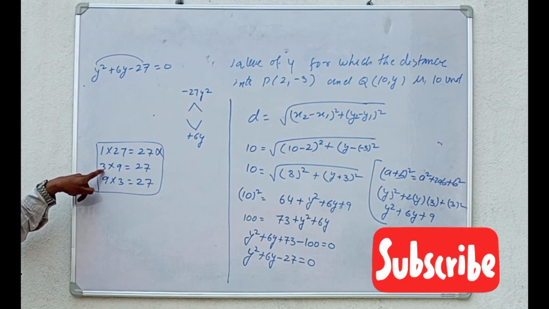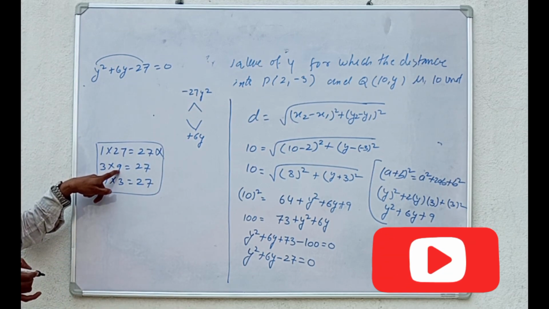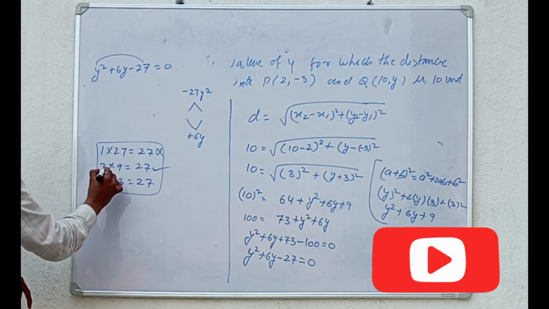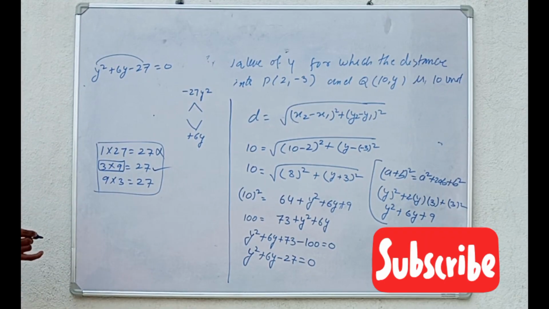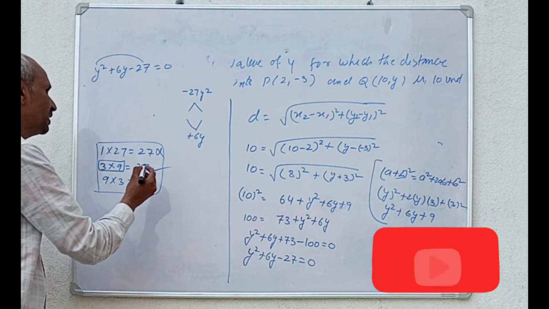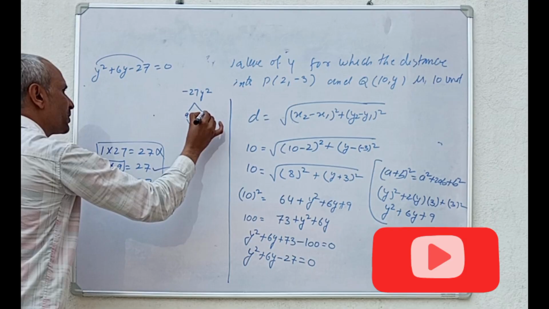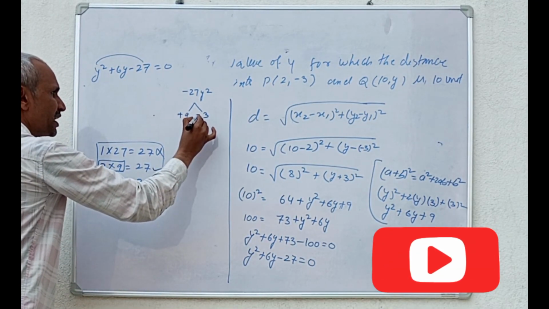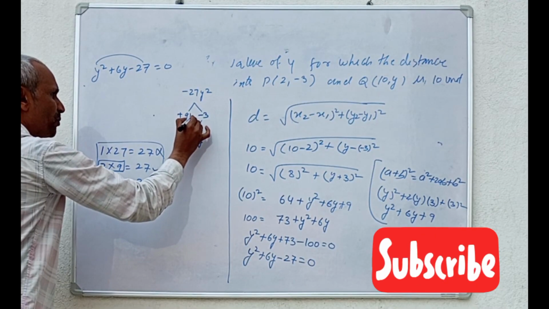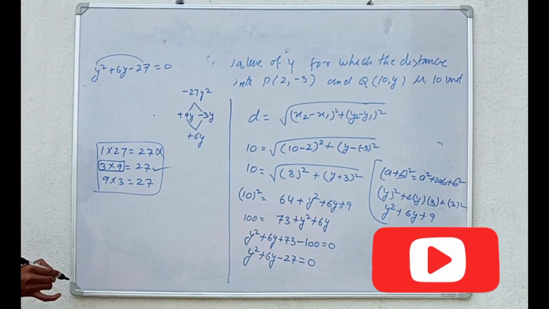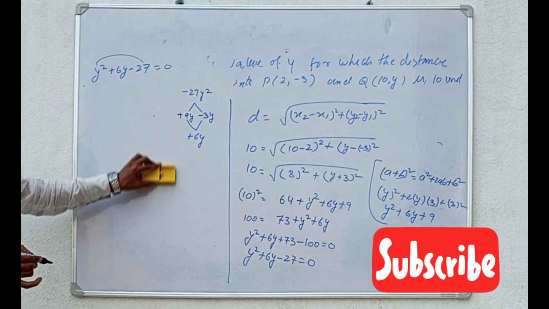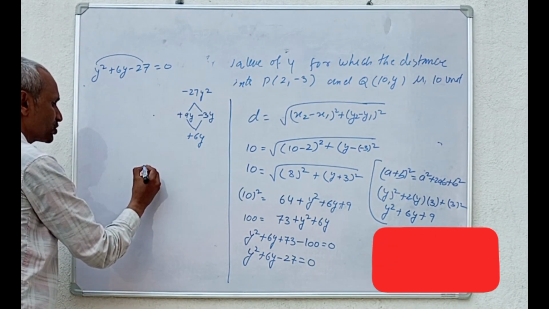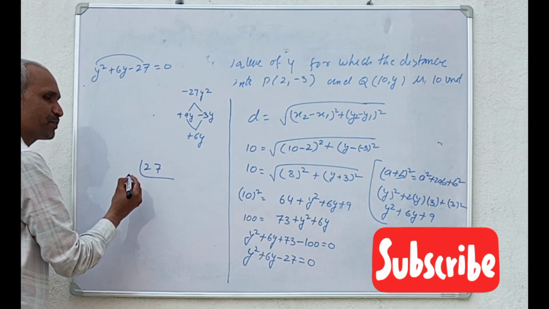In that, 9 plus 3 is equal to 12. Otherwise 9 minus 3 is equal to 6, meaning this pair is correct, and these factors are correct: 3 and 9. Suppose in one place I write the 9 and in one place the 3. Here the plus, meaning the bigger number will be plus, and here it will be minus, for the coefficient of the variable y. I hope you understand it. But if the numbers are bigger, then we have to find their factorization like this. Suppose 27, we write it like this, doing prime factorization.